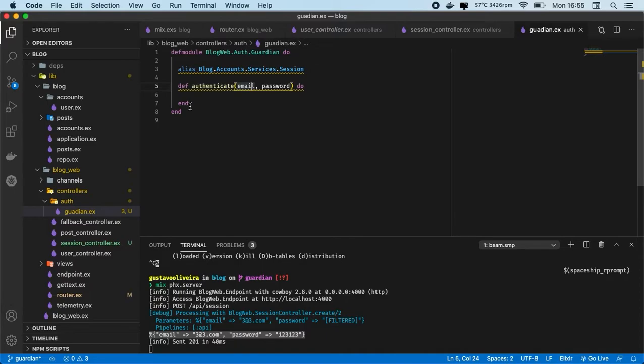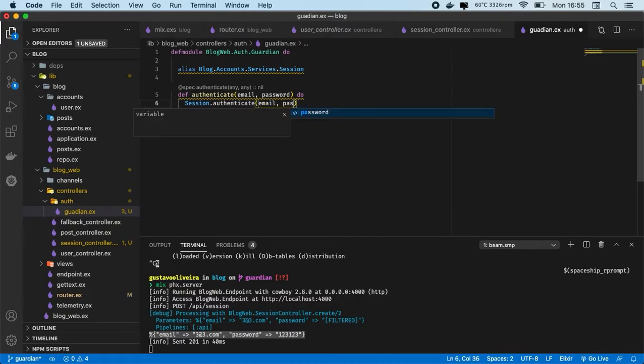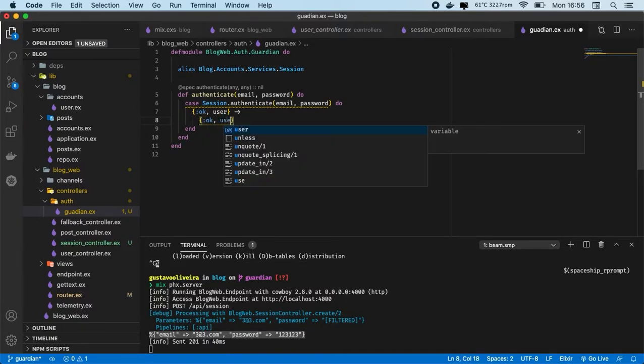Why this? Because we just want to split the responsibilities. So in this case, in session, we're going to pass authentication, to which we are passing the email and password. This is the first step. The first thing we should do is case OK user. We are going to return some things like OK and the user, and we still don't have a token, so we're going to put